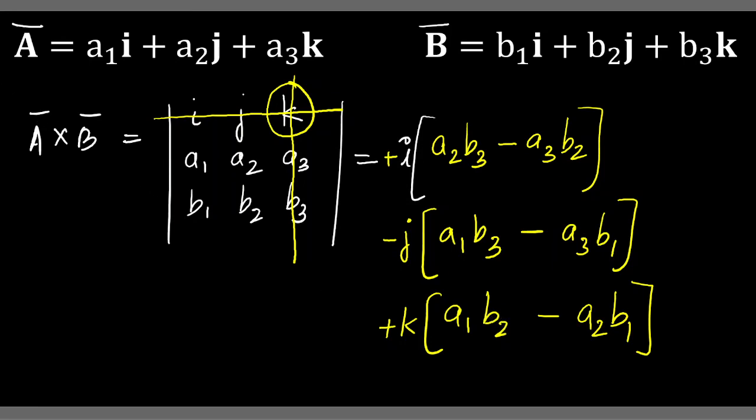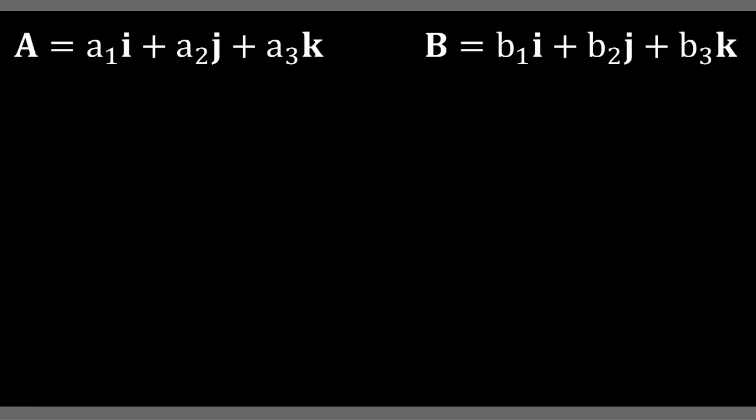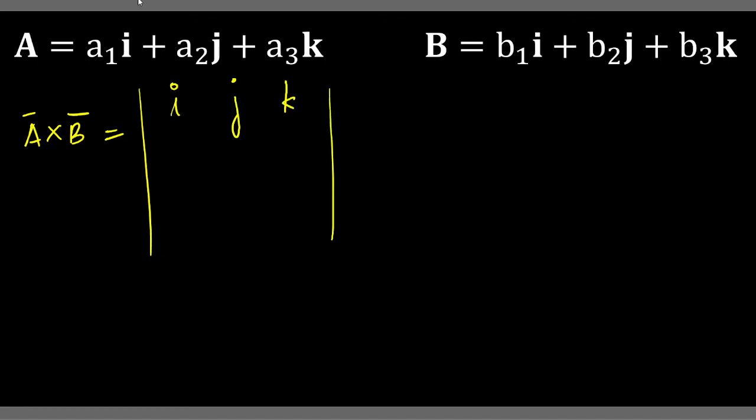So quickly once more, how are you going to do it? I will show that once more quickly. If you want to find A cross B, you put equal to, you put two lines like this. This has a meaning which we will learn later. It's called the determinant of a matrix. Then if it is A cross B, you have to put the A terms first. If it's B cross A, then you put the B terms first, because the answer then will be different. And then the B1, B2 and B3.